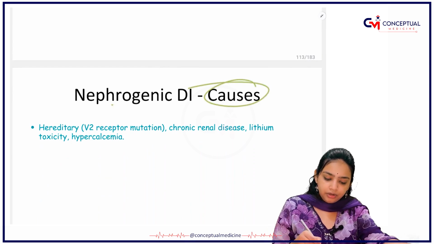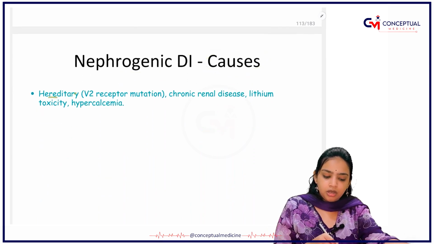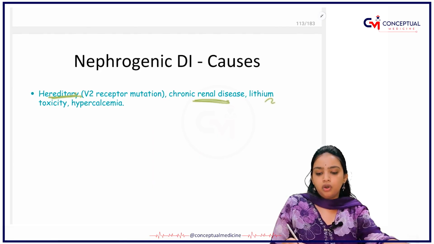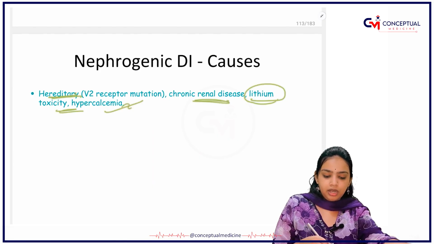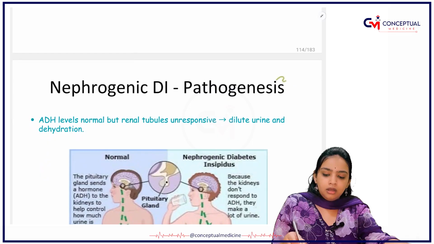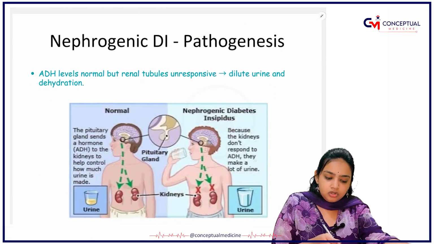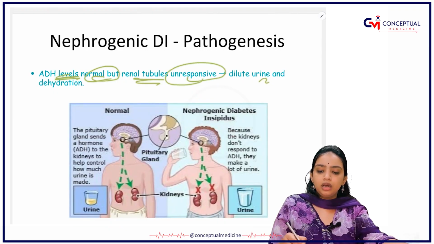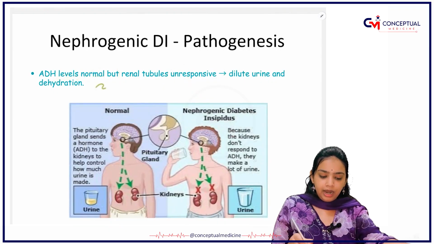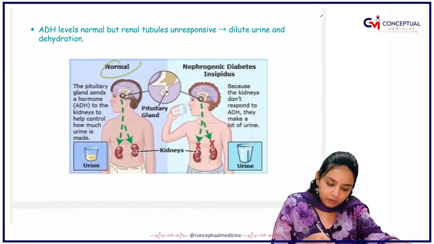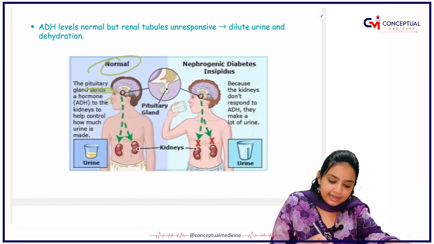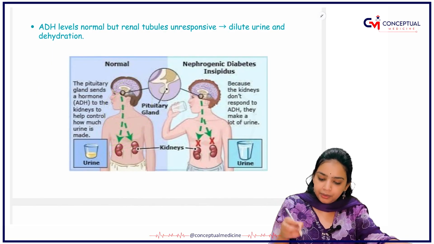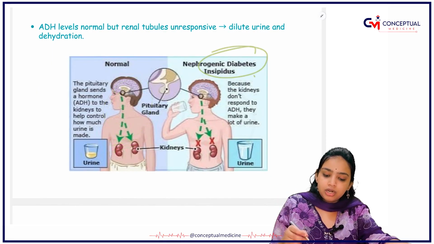What are the causes of nephrogenic diabetes insipidus? There can be a hereditary cause, chronic renal disease, lithium toxicity, and hypercalcemia or hypokalemia. Regarding pathogenesis, the ADH levels are normal, but the renal tubules are unresponsive, so they dilute the urine and there is dehydration. Normally, the pituitary gland sends a hormone to the kidney to control the urine that is needed. Now, what is happening in the nephrogenic one? Your brain